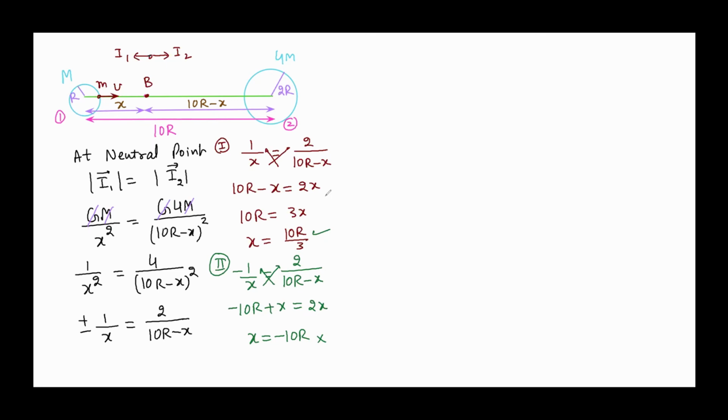I have calculated the neutral point. Now we have to only cross the rocket past point B. The rocket only needs to cross point B. So I'm using conservation of energy. Assume this point as A. This is point A and this is point B. So I say that the kinetic energy at A plus potential energy at A is kinetic energy at B plus potential energy at B. What is the kinetic energy of the rocket at A?